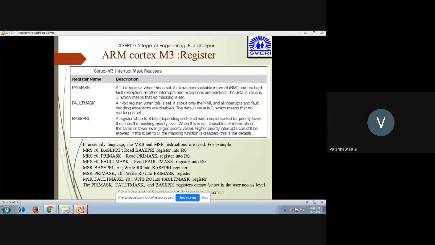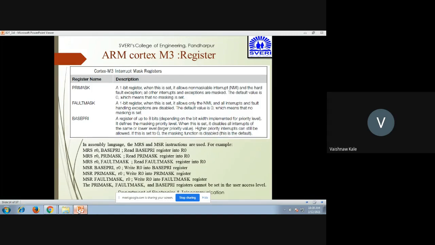Now see how the syntax can be written here. You can easily see it. In assembly language, again MRS and MSR are used for reading and writing. When I say MRS R0, BASEPRI, it means you're reading the base priority register into R0. When I use MRS R0, PRIMASK, you're reading the primary mask into R0. Then MRS R0, FAULTMASK, you're reading the fault mask register into R0.